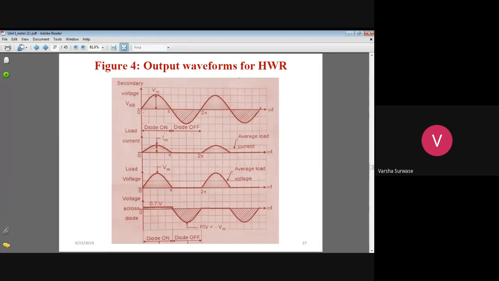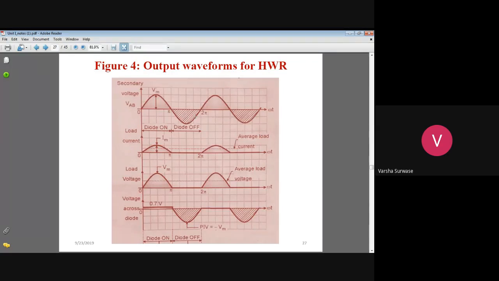When the diode is on, you will get the maximum load current and load voltage at the output. When you measure the voltage across the diode, you will get 0.7 volt only. But at the output you will get whatever input voltage we are giving, the same voltage. So when the diode is turned off,